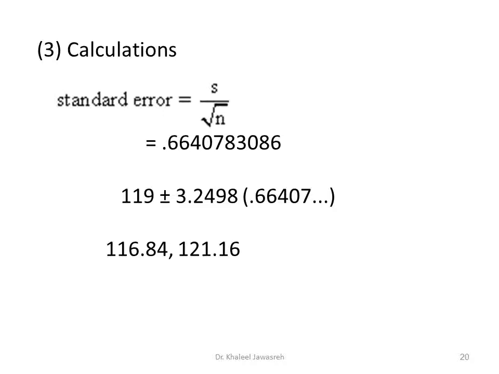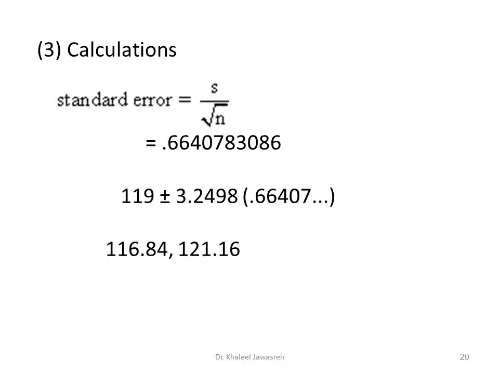The confidence limit for the hypertension in this example is 119 plus 3.2498 times 0.666, and the lower limit will be 119 minus the result of the multiplication. So it will be 116.84